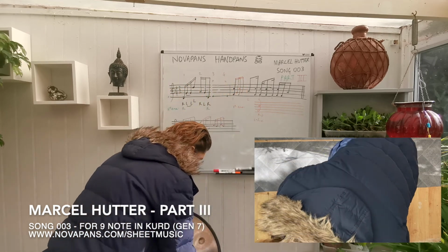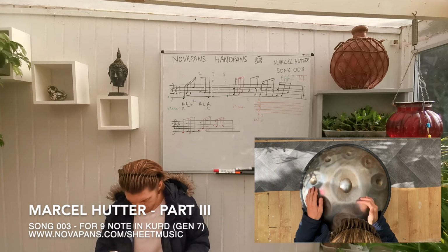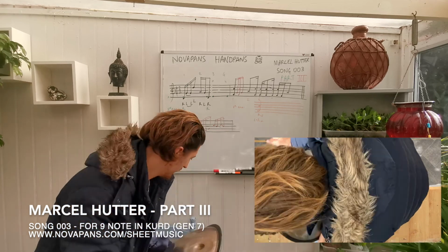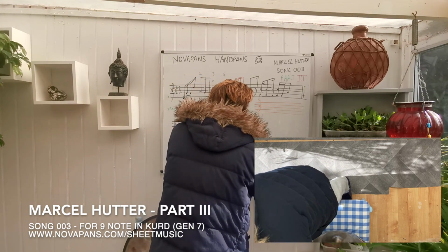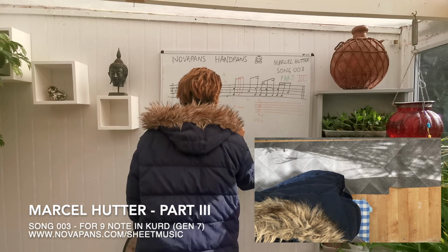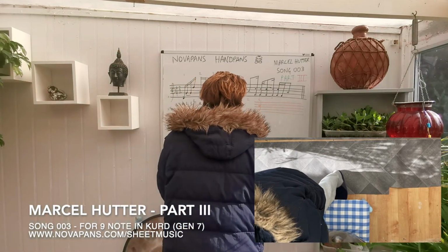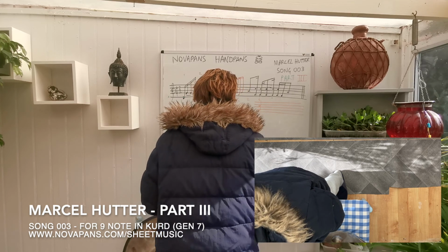And then the last set of semiquavers. You might be doing 987, 8787, but that is at your discretion, because when you play that fast, not a lot of people are going to tell anyway. As long as you land on the next bar on what would be a 3, right? 3 is going to be here on the note. Then you'll be ready, and this will lead us into the next part,